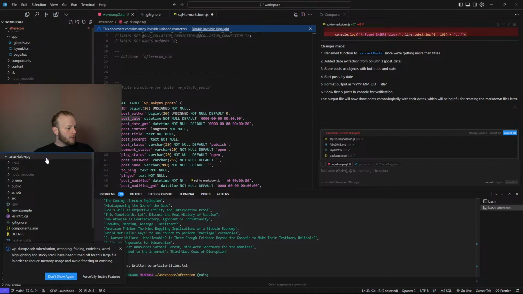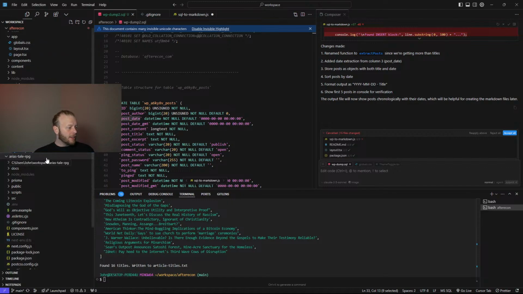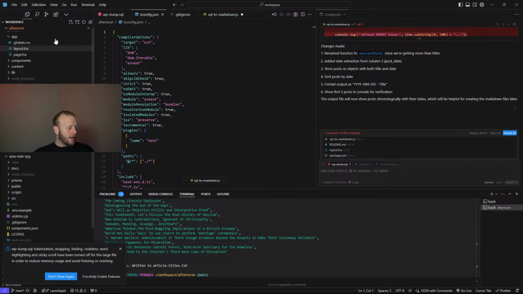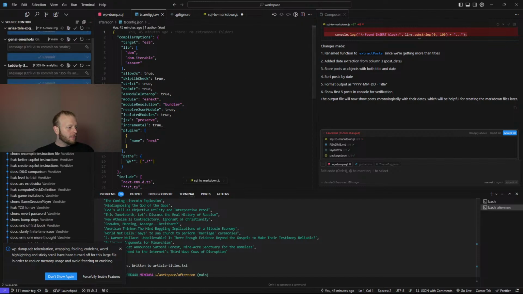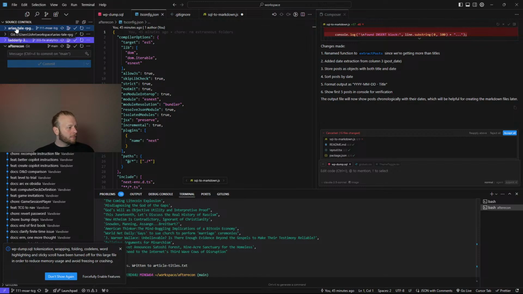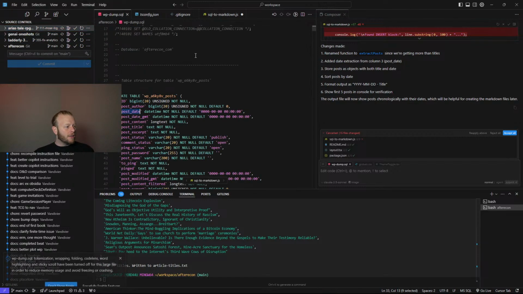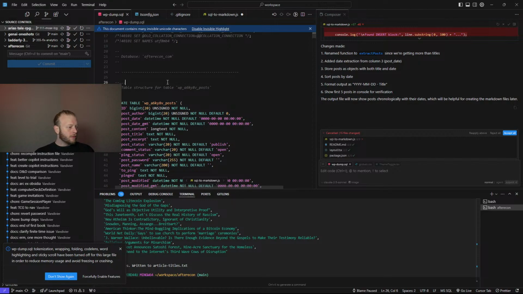And now I will restore the file name so that it is present in the expected location, and now it is git ignored. So I have an empty change graph as expected. And now even if I edit this file, the change does not register in my version control, and that's good. So basically taking this dump out of the GitHub repo.